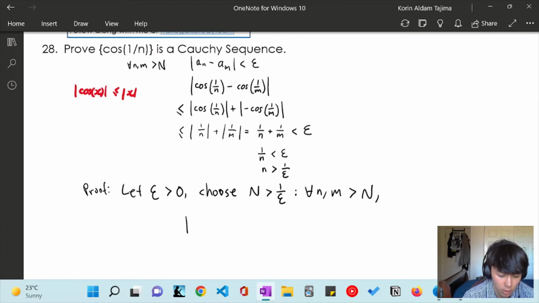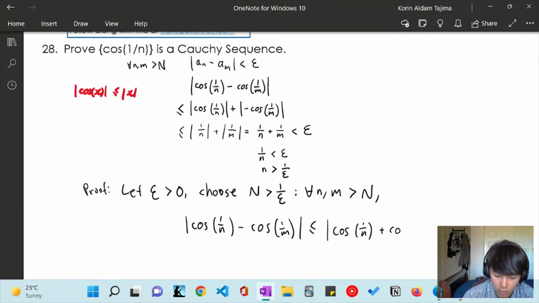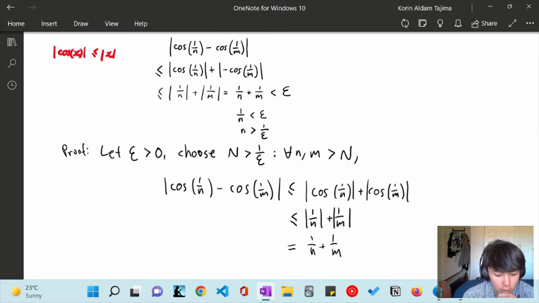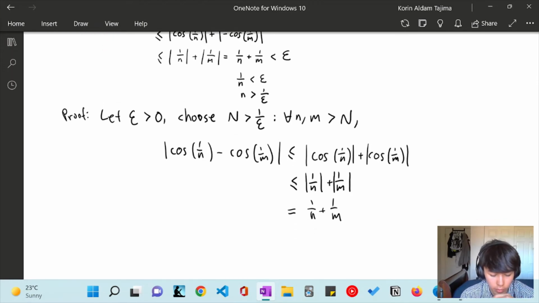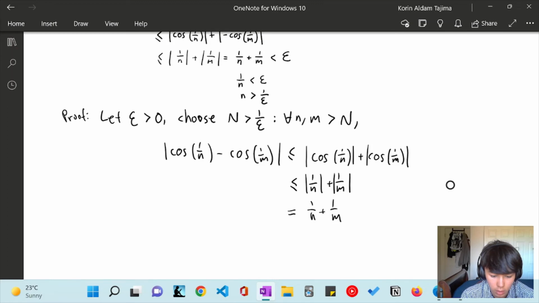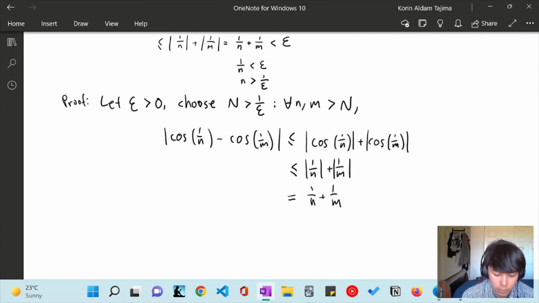Well, that's going to be our absolute value of cosine of 1 over n minus cosine of 1 over m, which is going to be less than or equal to, I'm just copying down what we wrote before, and we found that N is greater than 1 over epsilon, and then